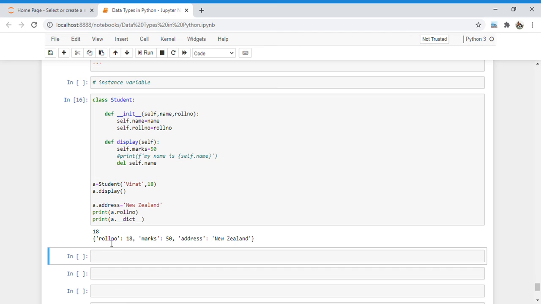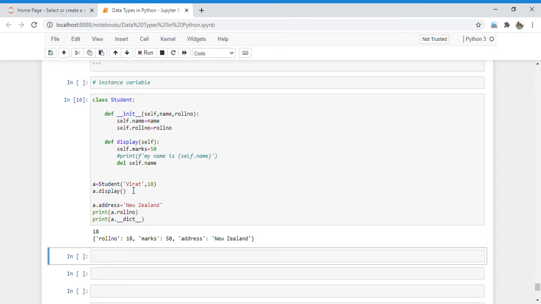Now the total number of instance variables is only 3. Before it was 4: name, marks, roll number and address. Now roll number, marks and address only. So one instance variable is deleted, that is del self.name. This is a way to delete an instance variable inside a class.